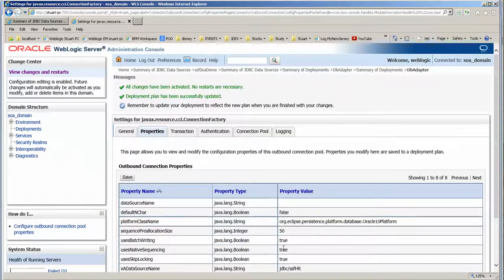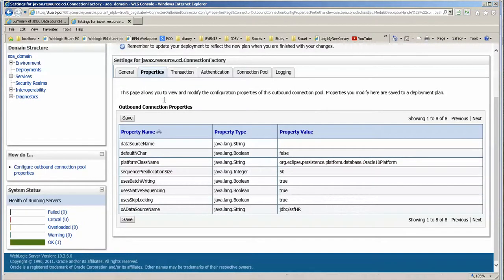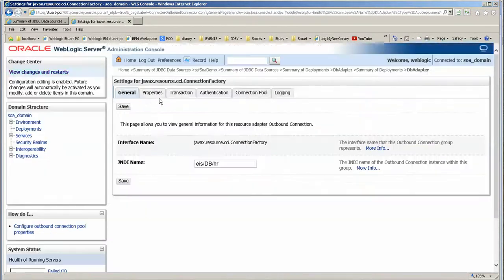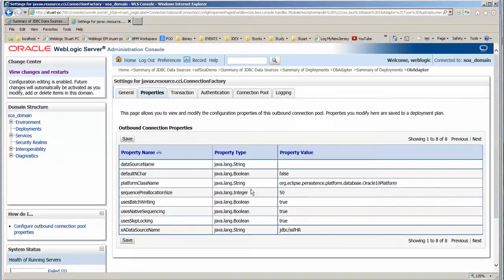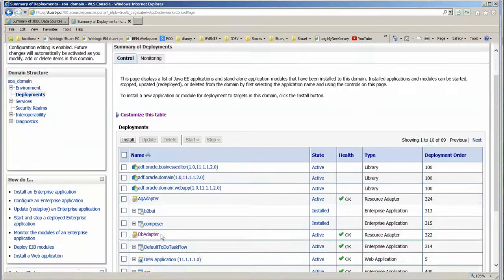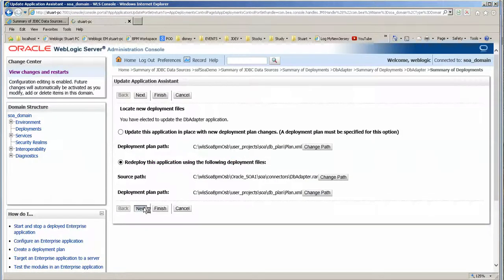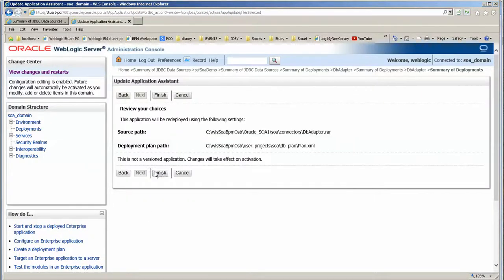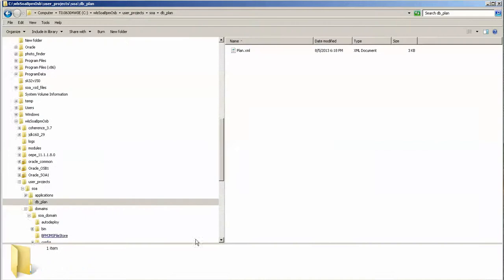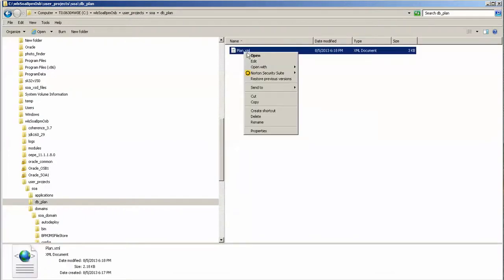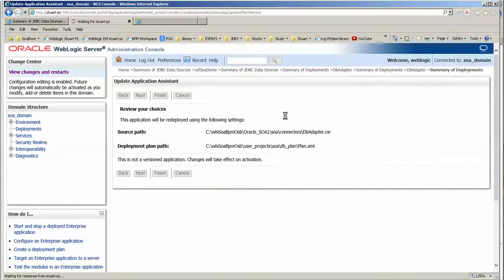We're going to save this. I'm just going to change pages to make sure that it's stuck. It looks like it has. Now, even though it said it was saved, we need to update the DB adapter, because what it's really going to do is create this file, and it only does it the first time that you do it. There's the file. We can just open it, I think,